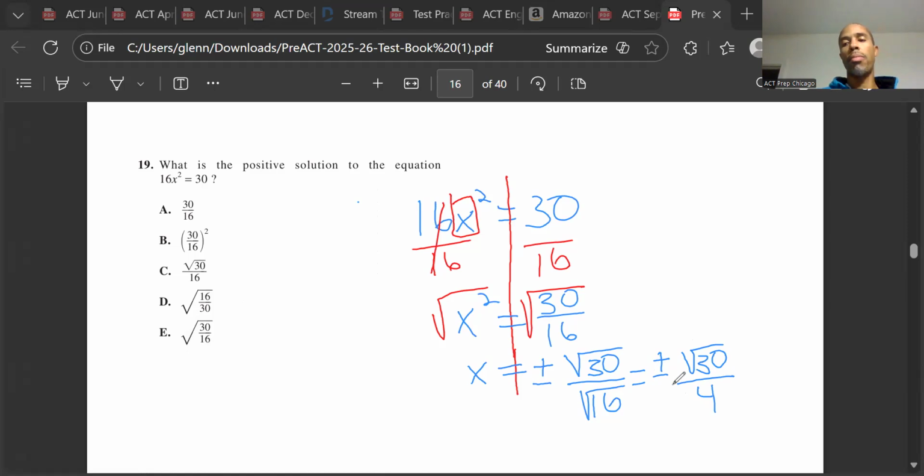Okay, but plus or minus means you really have what? Two solutions. You have a positive square root of 30 over 4, and you have a what? A negative square root of 30 over 4. That's plus or minus, okay? And it says, what is the positive solution to the equation? The positive solution